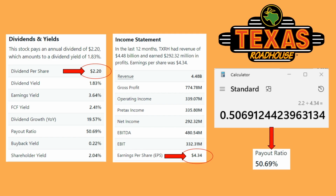If you are anything like me, you enjoy your steak medium well, and you learn best from examples. Case in point, let's take a look at Texas Roadhouse, one of my most favorite places to eat out at. And that's because you don't have to break the wallet to have a nice meal there,